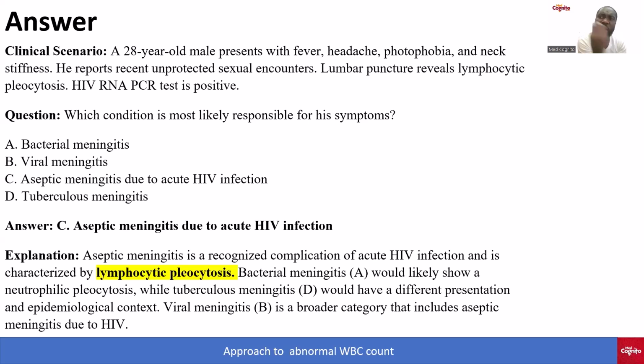Now, how do you differentiate aseptic meningitis from bacterial meningitis? You realize that with bacterial meningitis, the patient will show neutrophilic pleocytosis, not lymphocytic pleocytosis. So bacterial meningitis will likely show a neutrophilic pleocytosis, while tuberculous meningitis would have a different presentation and epidemiological context,